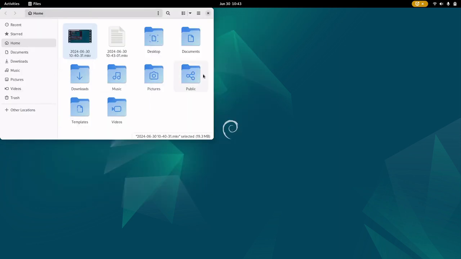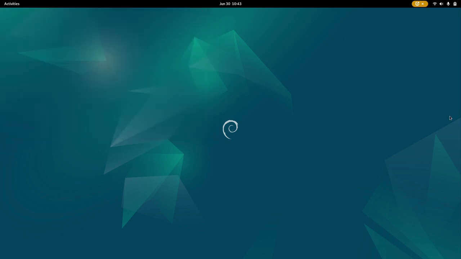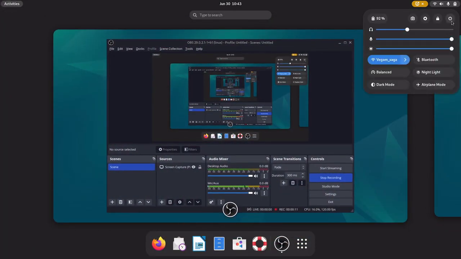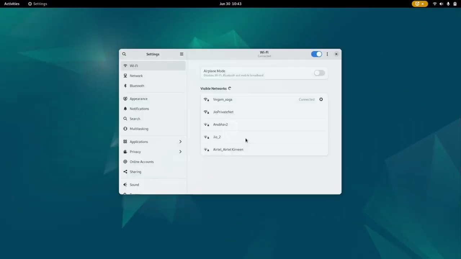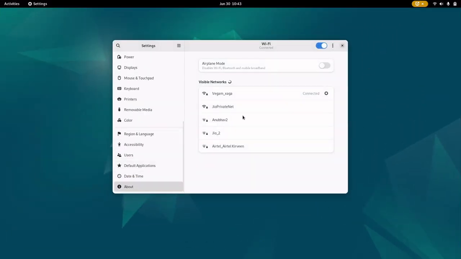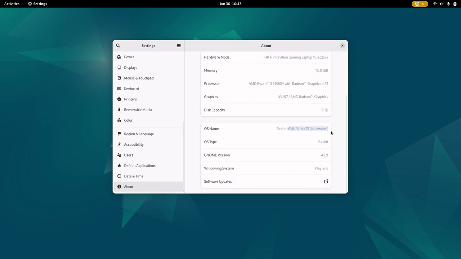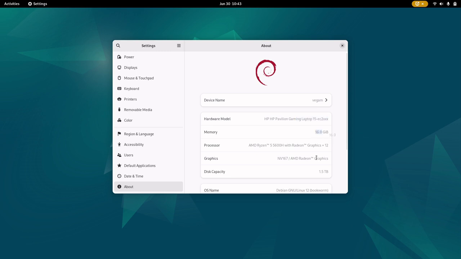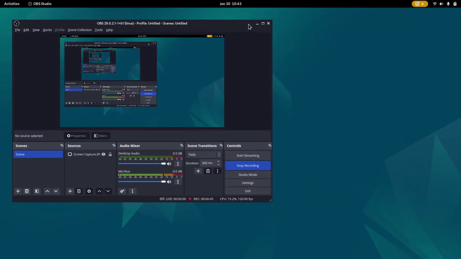Basically, this right here on the screen is a fresh installation of Debian 12.5 Bookworm, and let me just show you. This is a Debian 12.5 Bookworm installation with Gnome 43.9. I like Gnome. I had already previously installed these distros so many times. I like Debian the most for obvious reasons, and I'm using the Wayland windowing system. These are some of my specs, and I'll be doing things on this only. So this video will be about